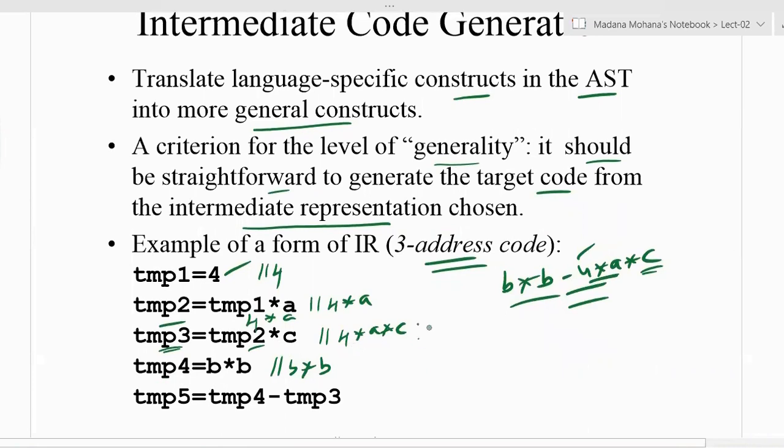So this is in temp3, then this is in temp4. Now the subtraction is temp4 minus temp3, that can be stored into another temporary, temp5. So this is the general form of 3 address code. During intermediate code generation, we will discuss in detail about this intermediate code. This is the general form of intermediate code, which is the output of intermediate code generation.